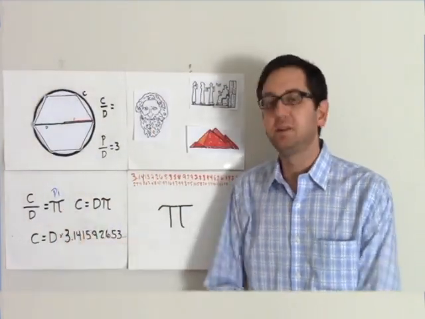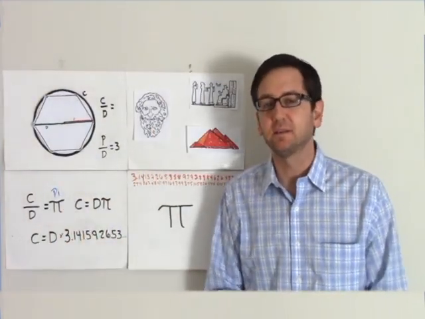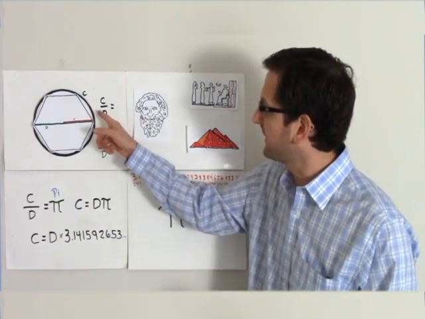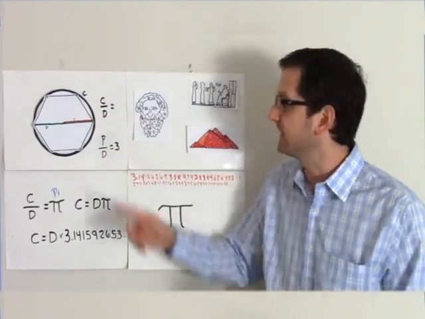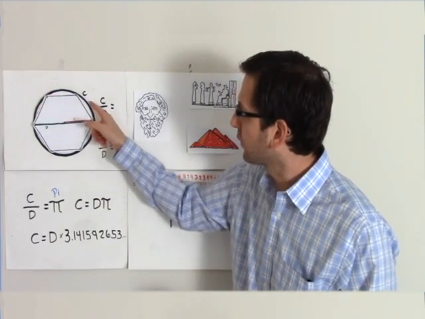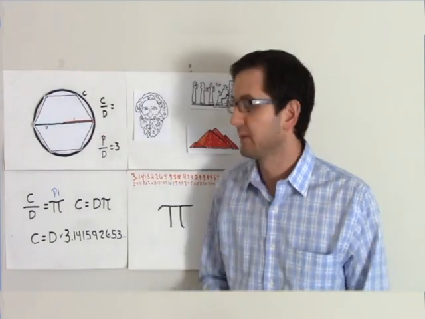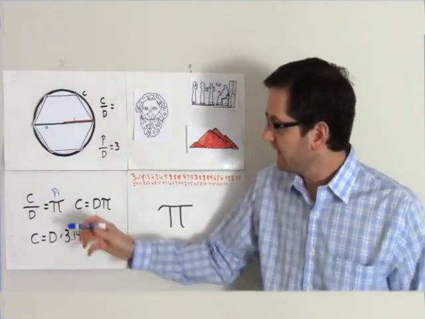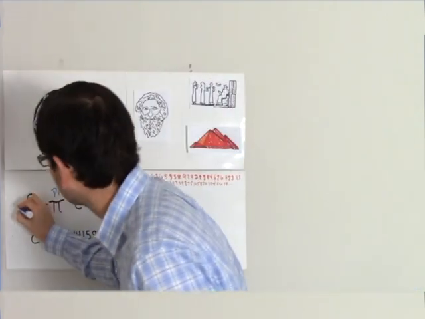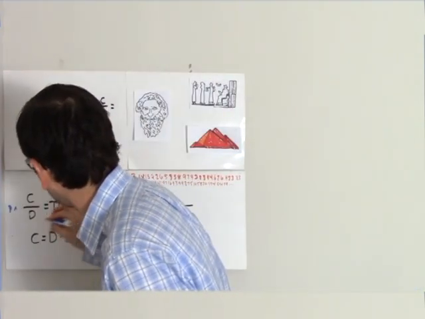And the number pi is used in many different calculations in engineering and architecture, and even in flight patterns to find the most efficient arc of flight from point A to point B around the Earth, around a circumference of a circle. Now, if we have C over D equals pi, we can multiply both sides by D to isolate